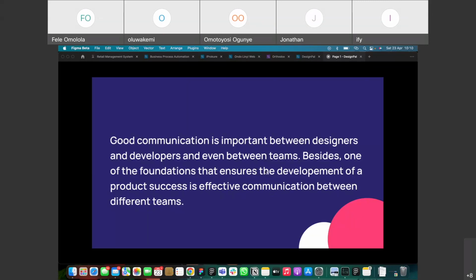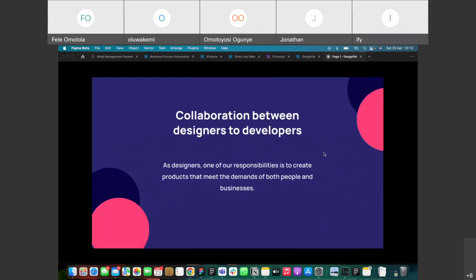But now that we're basically talking about designers and developers, one thing I want you to know is good communication. In fact, it's a whole thing, and it's a big thing I want you to know that good communication is very, very important. So now, talking about the collaboration between designers and developers, as designers, one of our responsibilities is to create products that meet the demands of both people and business, right? To explain more on this,